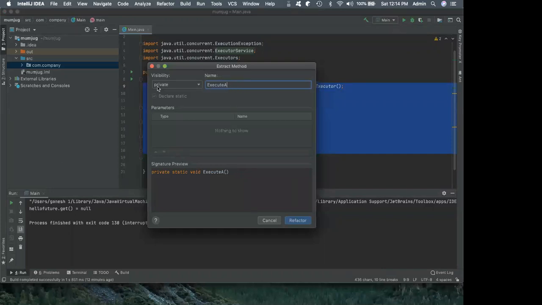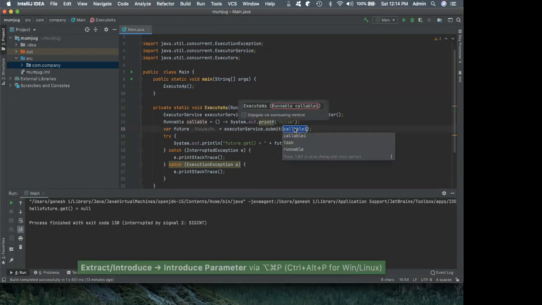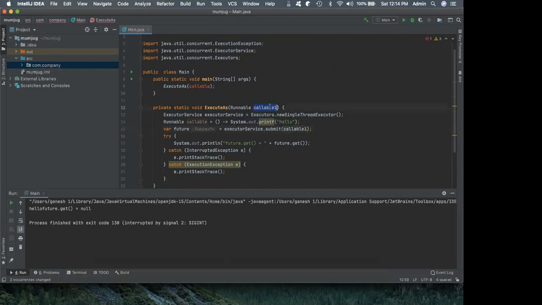Very bad name, but now I want to pass this callable as an argument, right? I extracted this and I want to pass this as an argument. Now I am selecting this callable one, and so this became an argument, right?